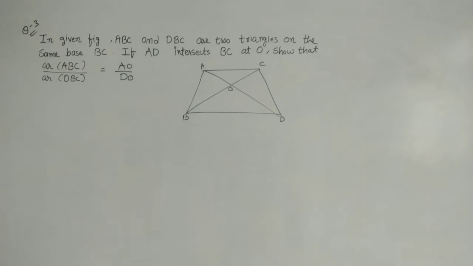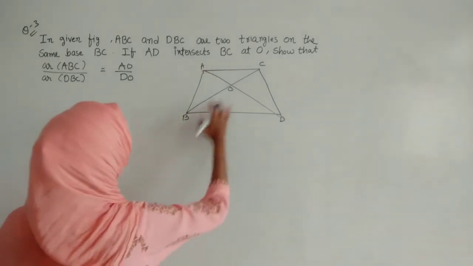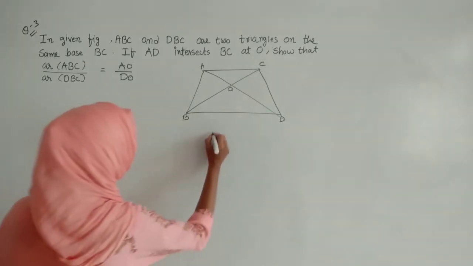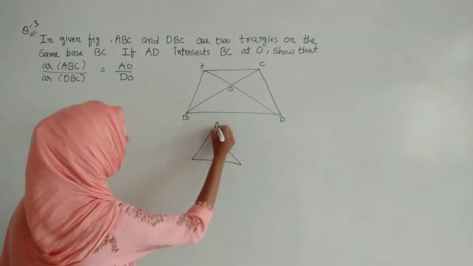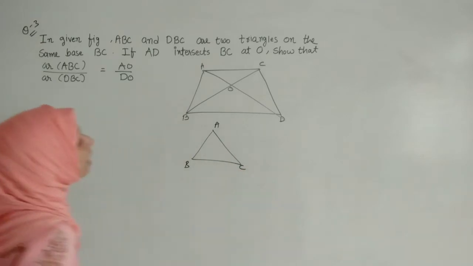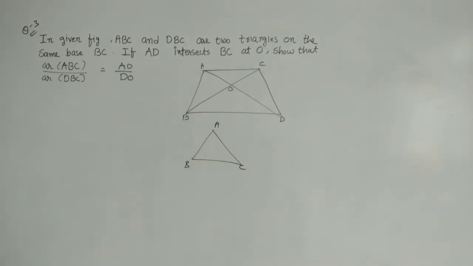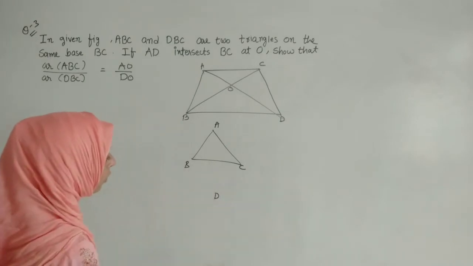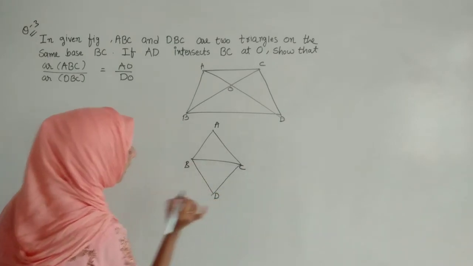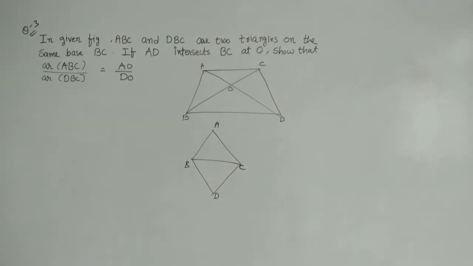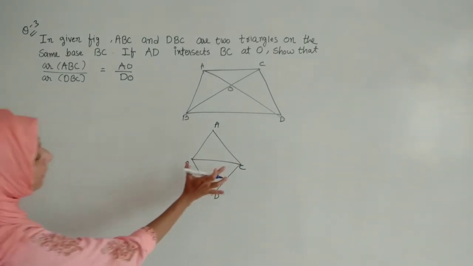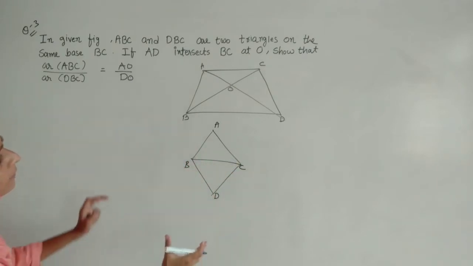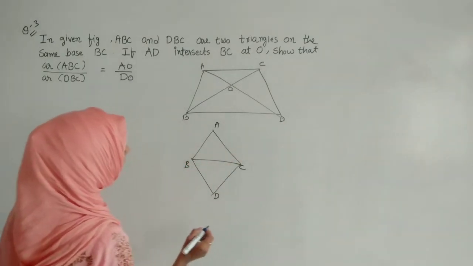So here we have to draw figure ABC and DBC like that. First, think that here is triangle ABC, and now another triangle DBC you have to draw. So obviously you will take some point over there and draw it in that way. Then this base BC will be the same for both. So this is the concept. In another way we can draw it like that.